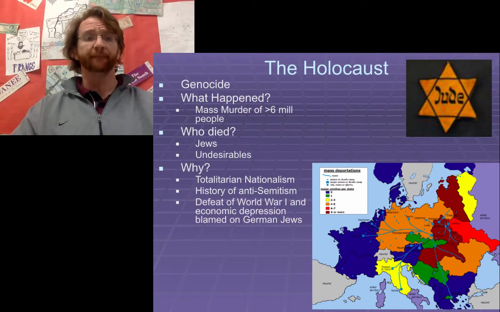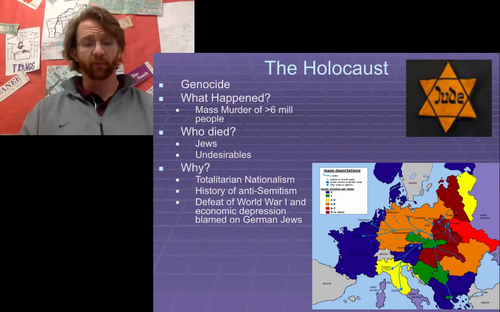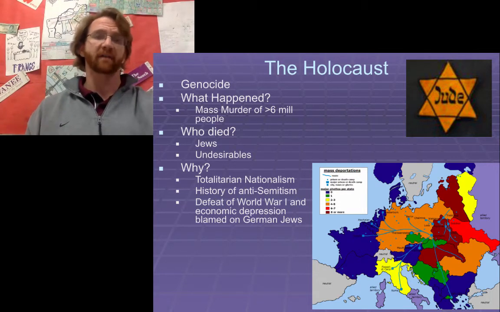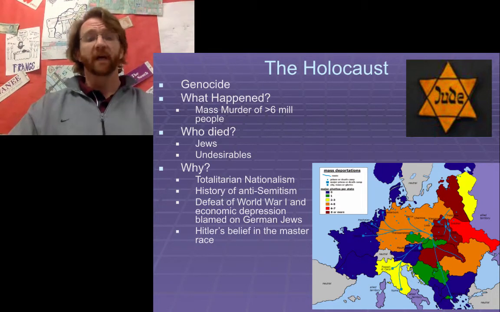Third reason, as I said earlier, was that following World War I and the economic depression, Hitler blamed it on Jewish people. He said they were a drain on society. They were the ones that attacked us. Even Jewish people outside of Germany attacked us, and the Jewish people were the ones that blamed us for the problems. Now, obviously, this is not correct. It was essentially made up, but he had to have a scapegoat in order to blame Germany's problems.